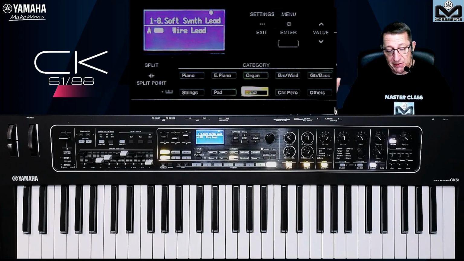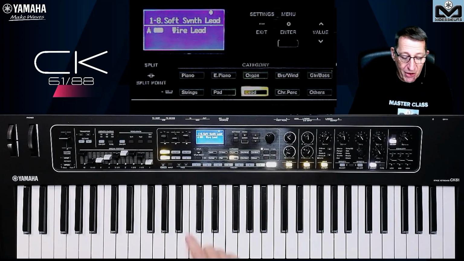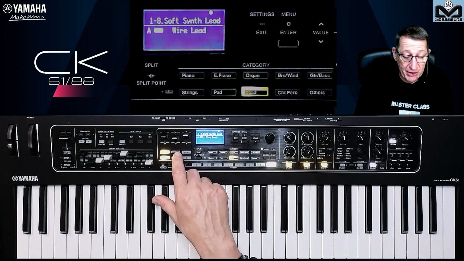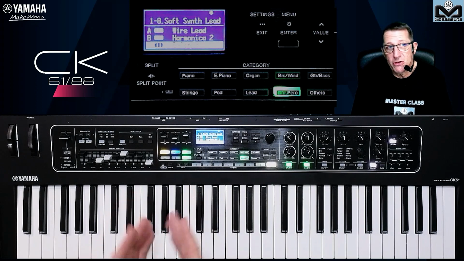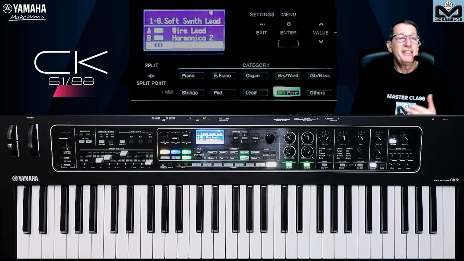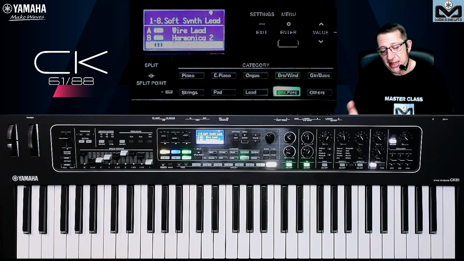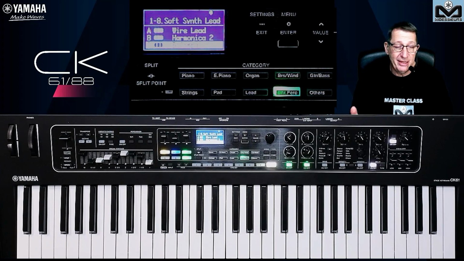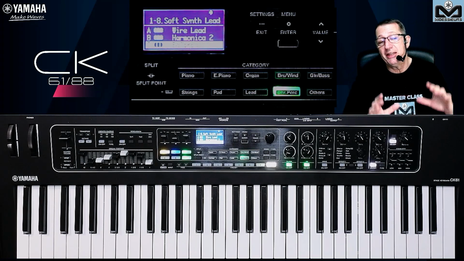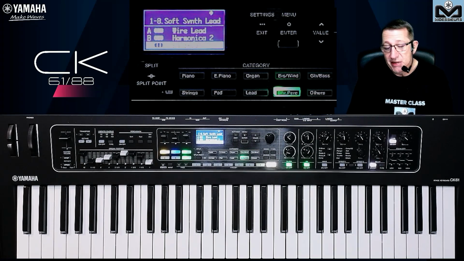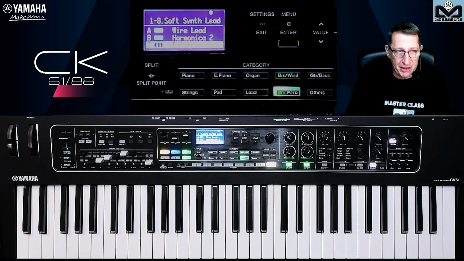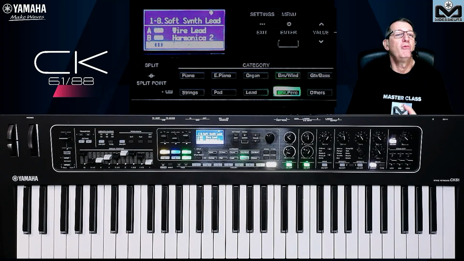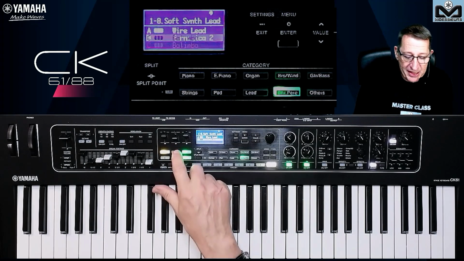So let's talk about the colors. We have seen on the overview and on the first video that each part can have a dedicated color. So is it important? What does it mean? I will say if you play on stage, especially clubs or in the night, yes, it's very, very important because it will help you to see where you are. This is not a gadget. We need this when you walk on stage.